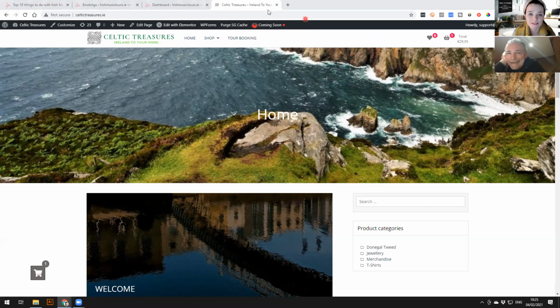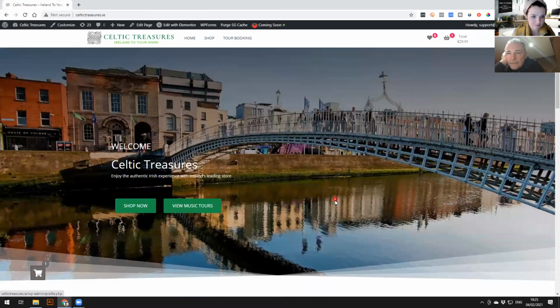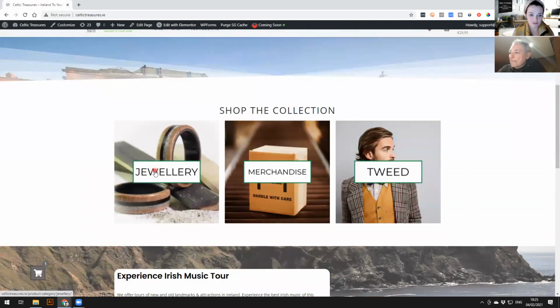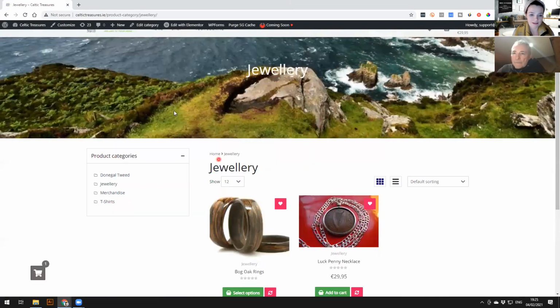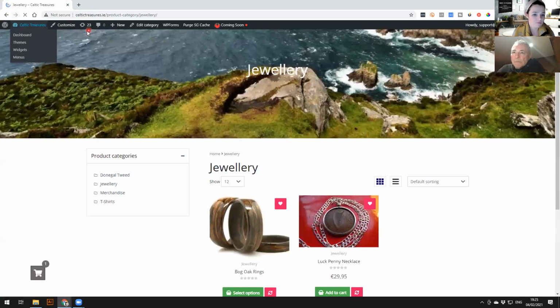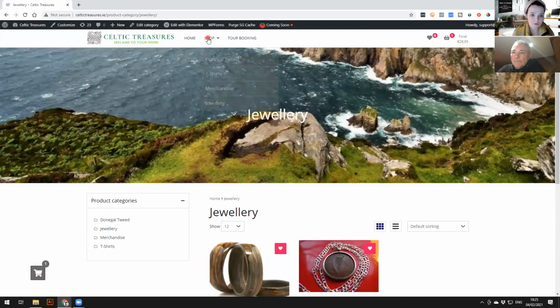Hang on, this is how it's supposed to look. I'll have to just double check what's going on, if it's a Zoom issue or if it's something else. But this is how it's looking, so people can jump through to jewelry, to merchandise. I just clicked jewelry there, sorry, to jewelry or merchandise or